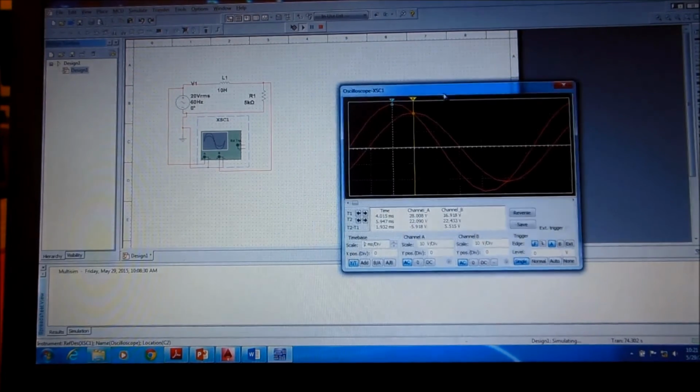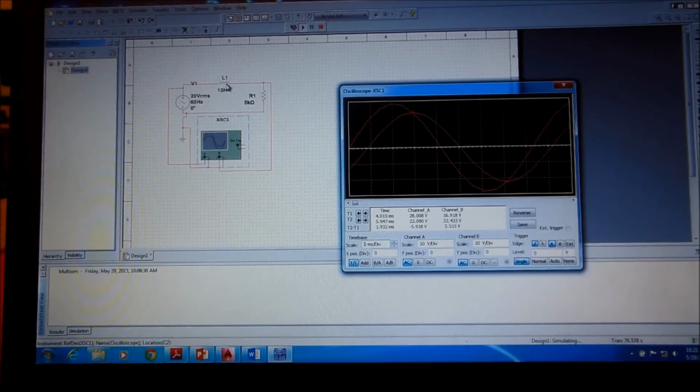And in one case, we have the same circuit. When a capacitor is in here, the output leads the input. When we have the inductor in here, the output lags behind the input. So here's your output, here's your input. And so you're going to see that a lot too, whether it's leading and lagging, and again, what that phase shift is going to be. So that is the MultiSim